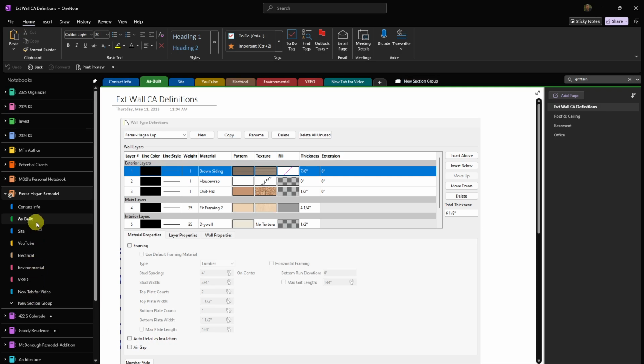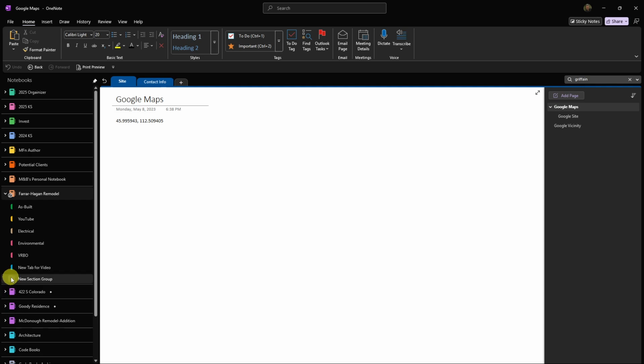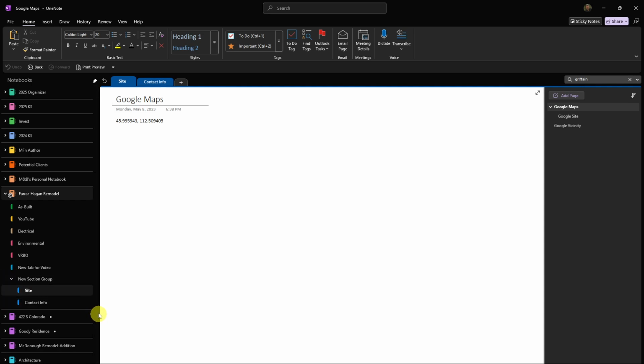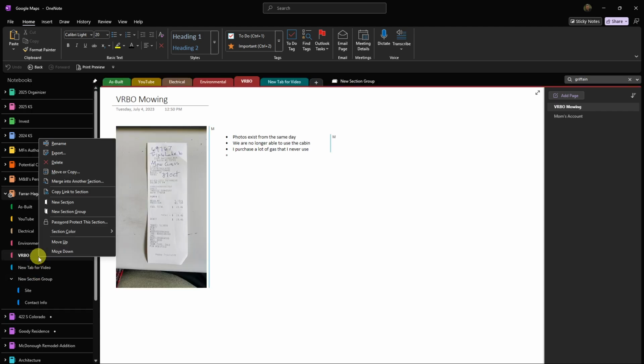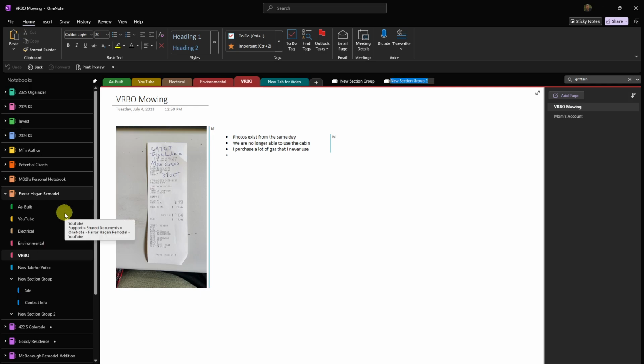Now, this group, I can try and move it, but it doesn't move. So any of these are outside of it. Now, if I wanted to, I can take Site and I can put it in it, and I can organize stuff by putting it in there. Now these two are in there, and I can close it up and expand it. So if I have a new section group, and then let's just say that for some reason I want to put another one, and when I put another one and I call it